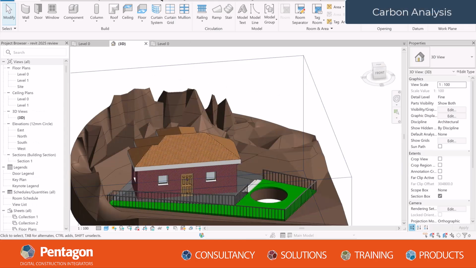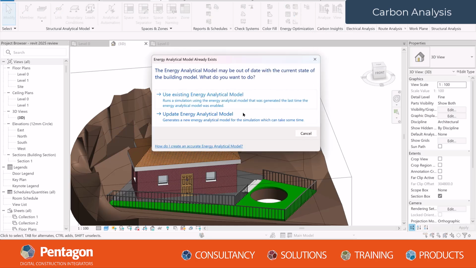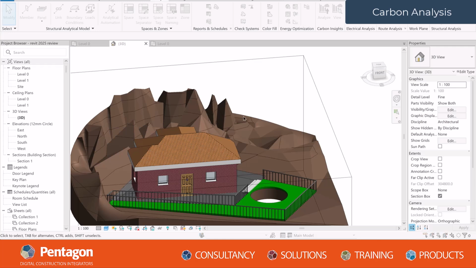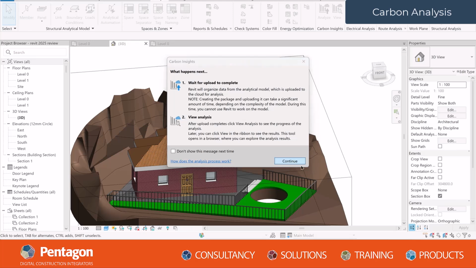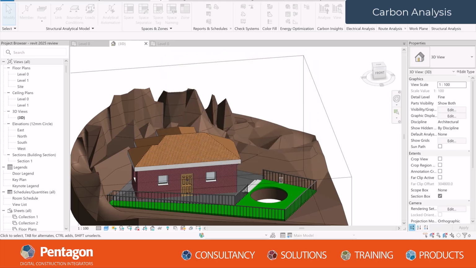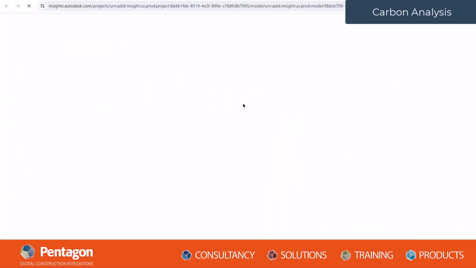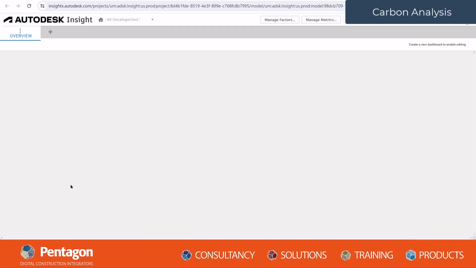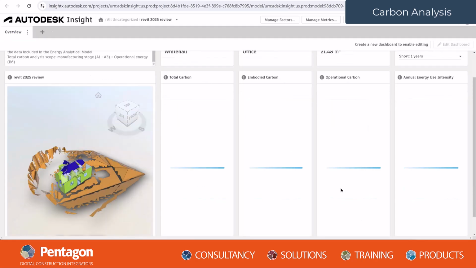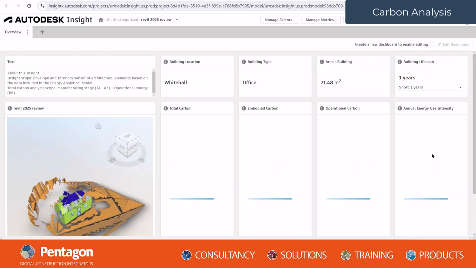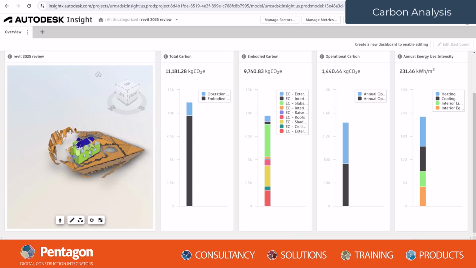Revit 2025 introduces new total carbon analysis capabilities, assisting architects to better understand embodied and operational carbon impacts of their architectural models. The next generation of Autodesk Insight provides you with carbon insights, allowing you to create an energy analytical model that embodies the carbon footprint of the building. This is right from the project's inception the whole way through to the construction design stage. You'll be given workable dashboards that can assist and help the whole team throughout the process.